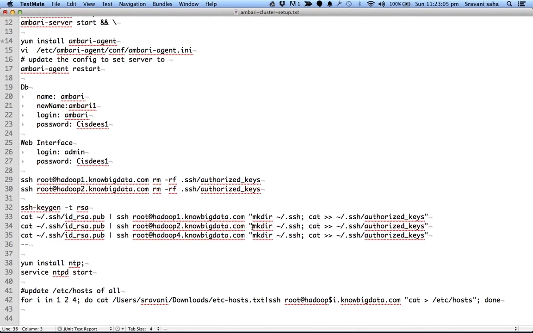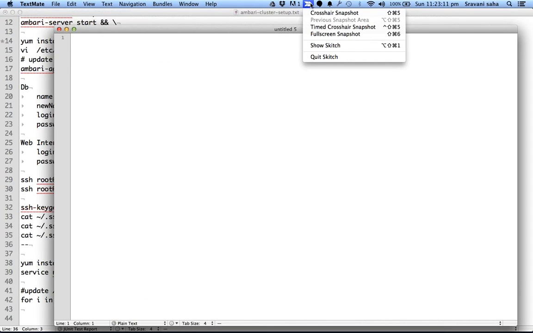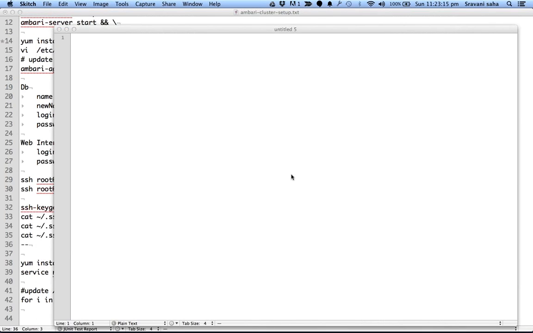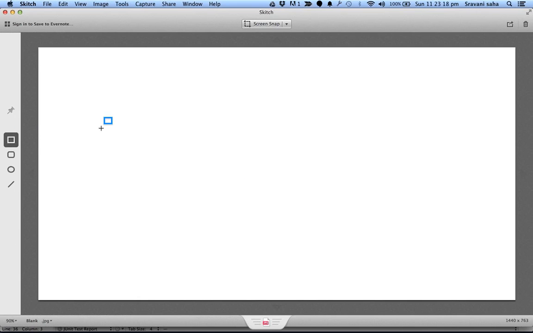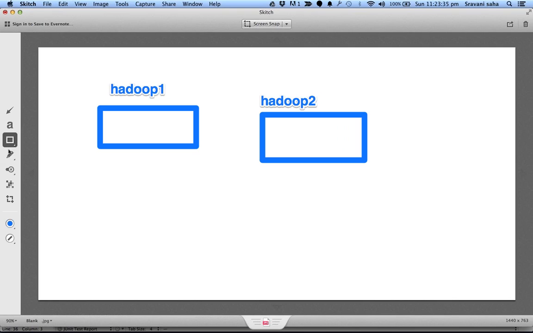So in simple words, a better way would be to describe it using a diagram. This is our Hadoop 1, and this is, say, Hadoop 2.